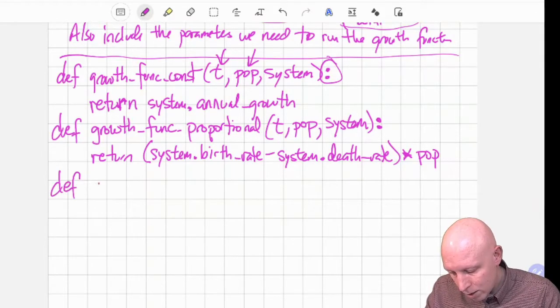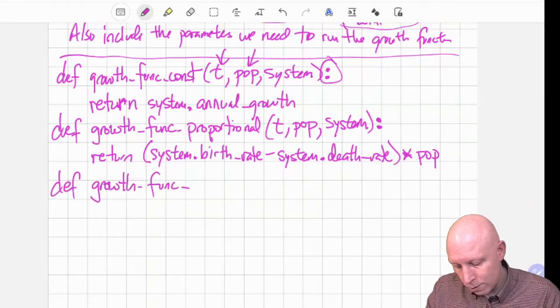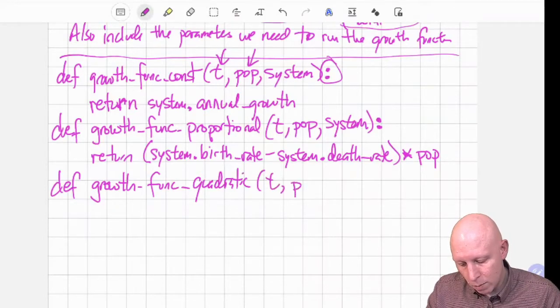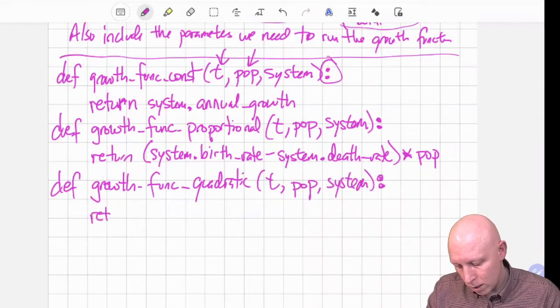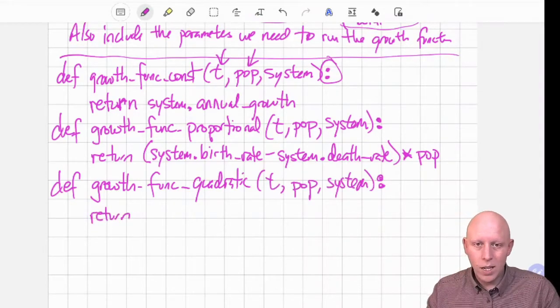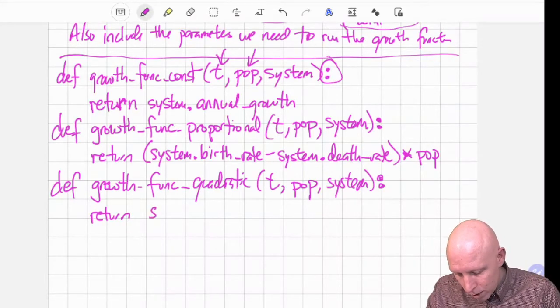Last, we can talk about the growth function for the quadratic. It takes in t, population, and system. What does that look like? Well, it needs to output what the change in the quadratic growth value is, which we said was going to be